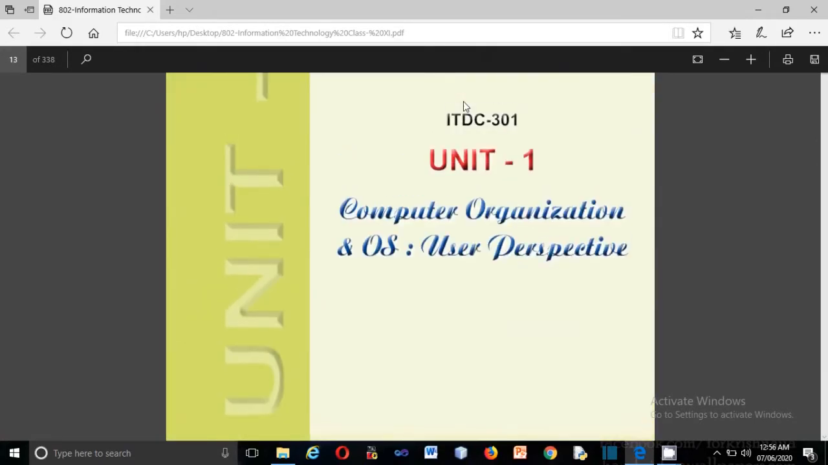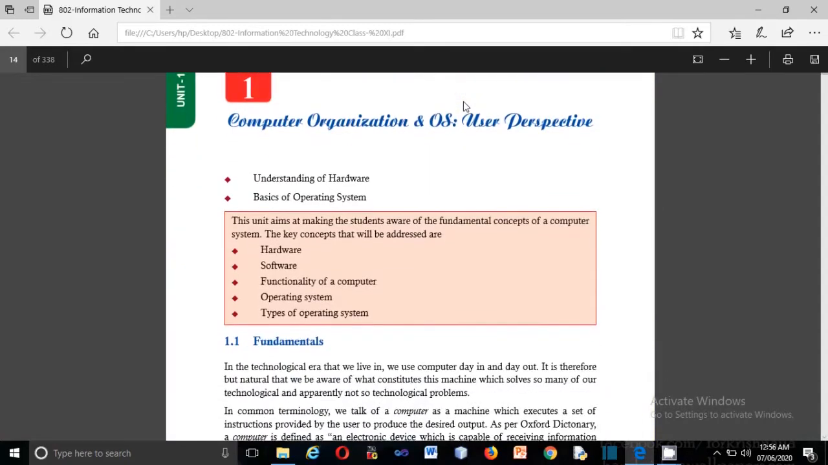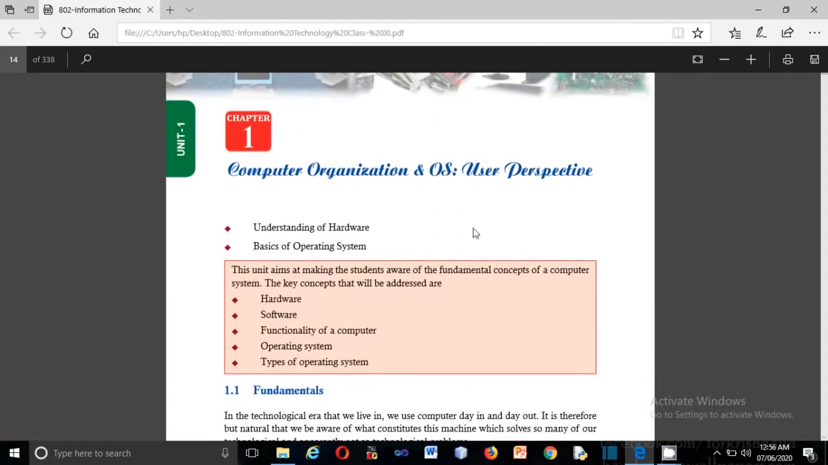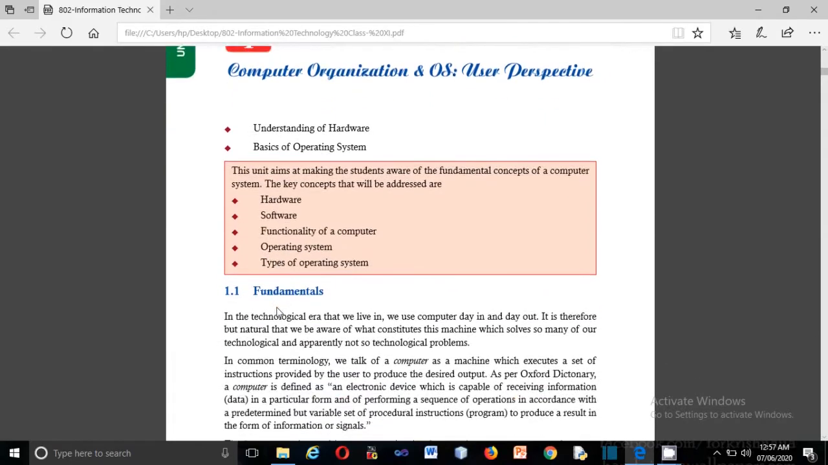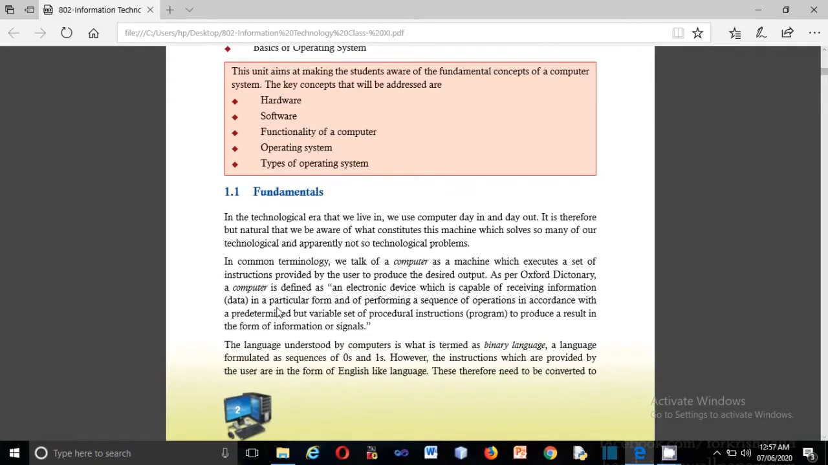Yes, this is our first unit, and we will learn the basic things in this chapter. For example, fundamental concept of computer systems. The key concepts that will be addressed are hardware, software, and you can see the functionality of the computer operating system and types of operating systems. So first of all, as you all know,